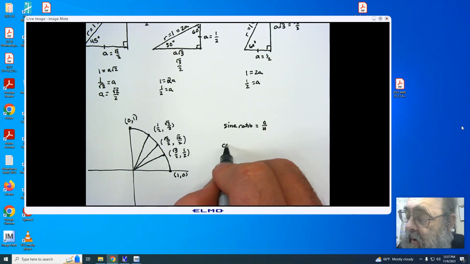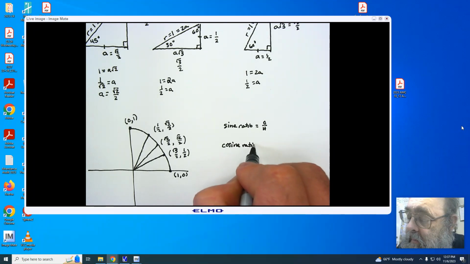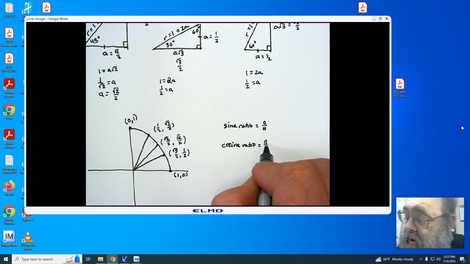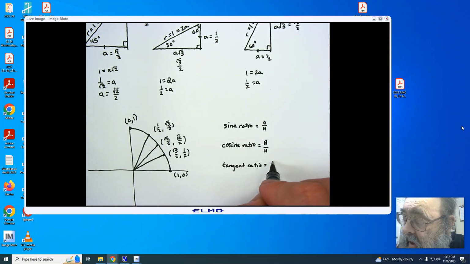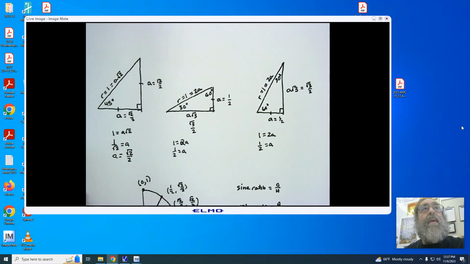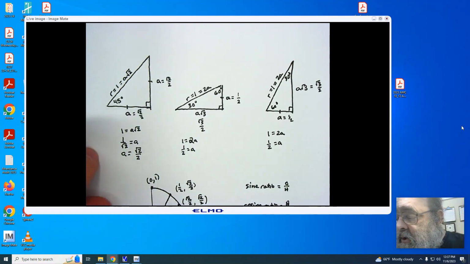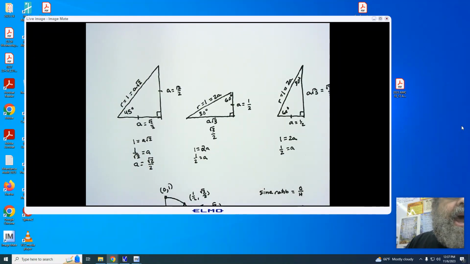The cosine ratio is the adjacent over the hypotenuse, and the tangent ratio is the opposite over the adjacent. So when we're looking at what is the opposite and what is the adjacent, we have to recognize that we are looking at